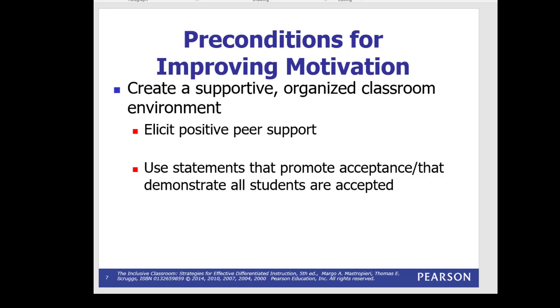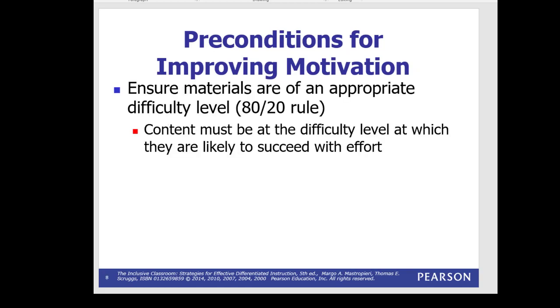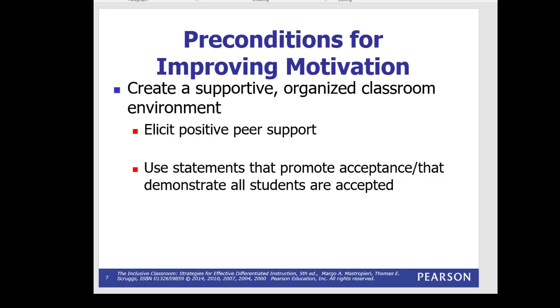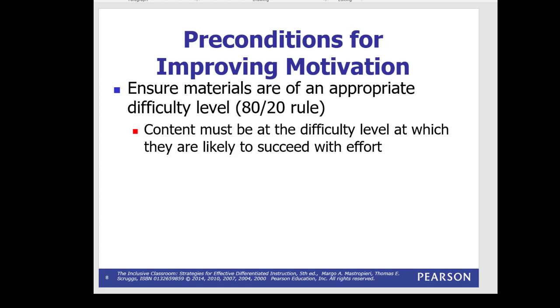Understand this idea of the 80-20 rule and developmentally appropriate instruction that we need. We have independent, instructional, and frustrational levels. We don't want to give too much independent work because it's going to produce low motivation, because this is too easy. We don't want to give frustrational work, because if that's done over an extended period of time, that's going to have a negative impact on a student's affect.